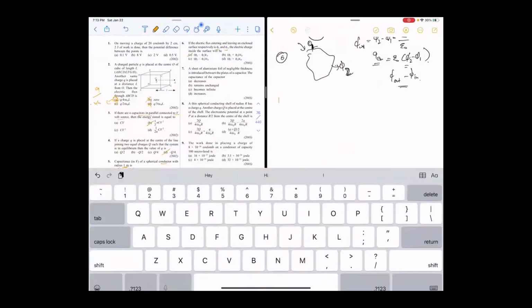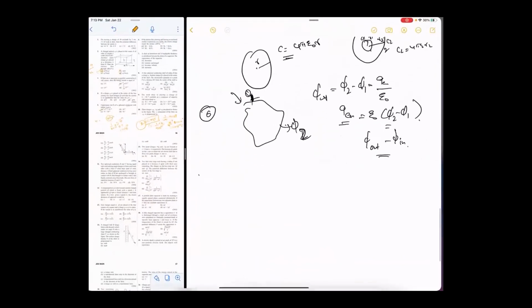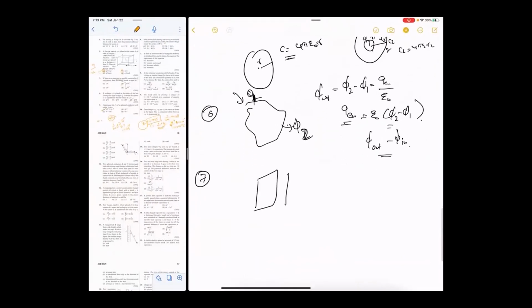So basically, when we have a capacitor, the distance is D, so capacitance is epsilon A by D. If we have a metal block of thickness T, then capacitance becomes epsilon A by D minus T. If it is a block of dielectric constant K, C equivalent will be epsilon A by D minus K, and